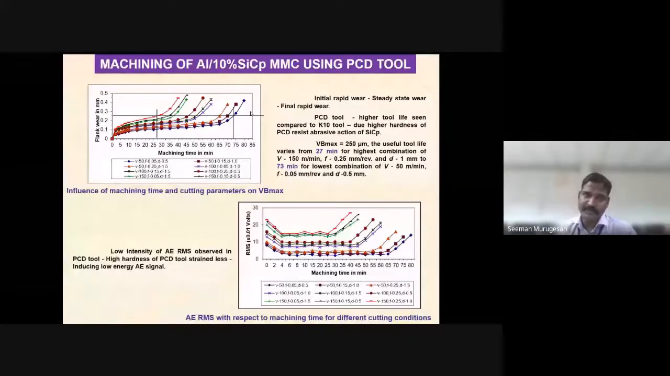But from the graph, you observe that we fixed 2.5 mm as the tool wear criterion. The useful tool life of the PCD tool varies from 27 minutes at the highest combination of 150 meter per minute to 73 minutes at the lowest combination of 50 meter per minute. Compared to the K10 tool, it is 10 or 15 times higher, around 25 times in similar